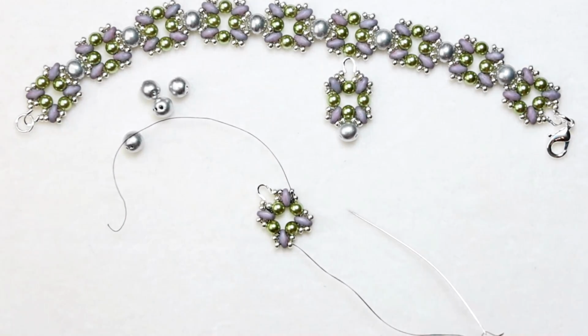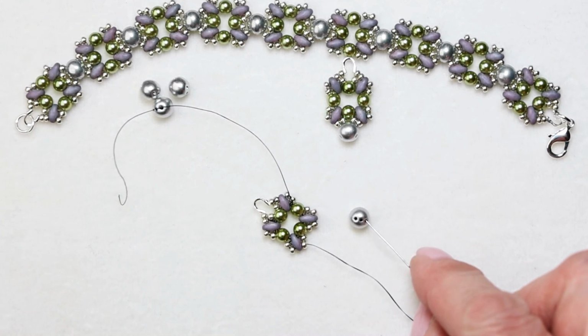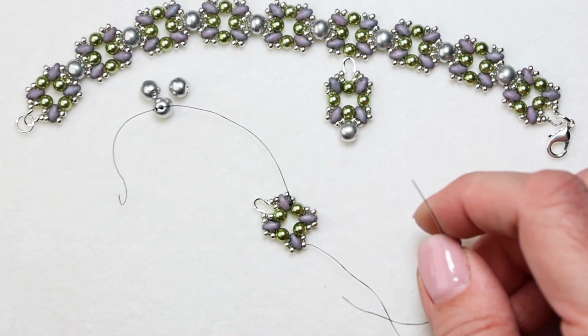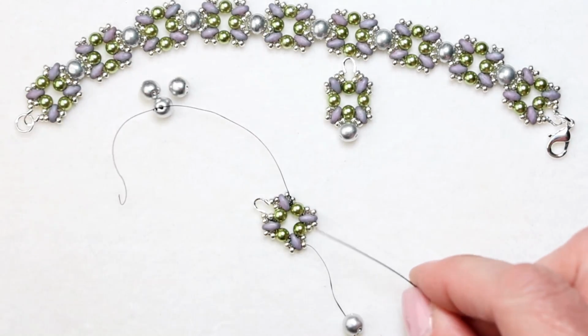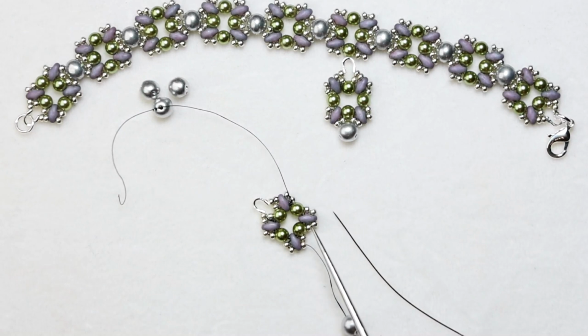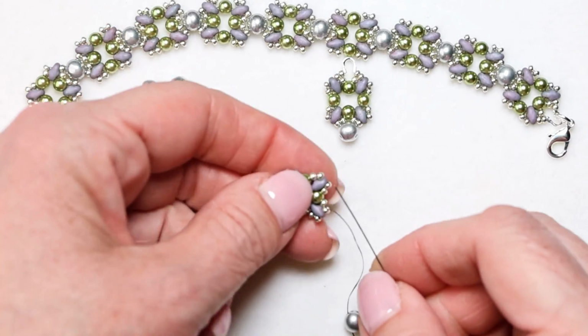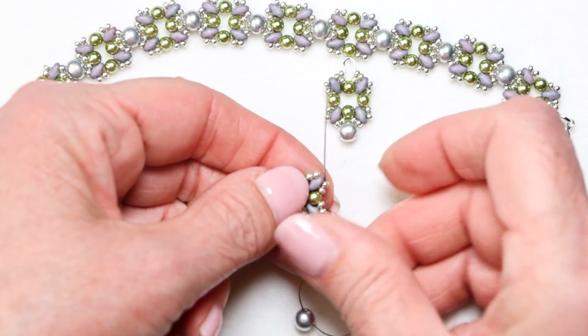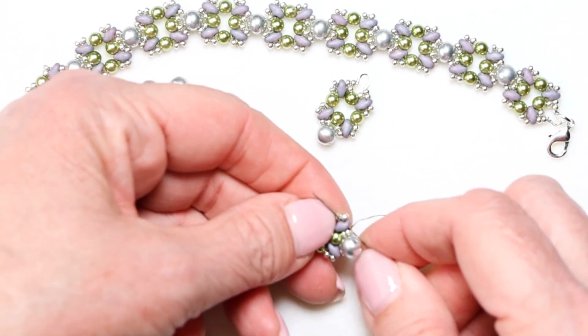So now we're going to pick up our round trio and we're going to use one of the outer holes. In this piece we're not going to use the middle holes at all. And then we're going to go across to this 11-0 and up that 11-0 and across the top of this SuperDuo and down those two 11-0s. So we're going across, we're going up that one 11-0, across the top of the SuperDuo,